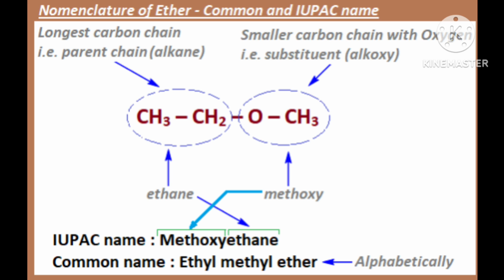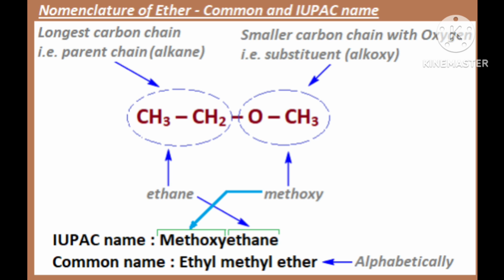The long chain has 3 carbons, CH2, CH3, and with the CH3 the methoxy group is attached. Generally the small group will be the RO group, where R is small in comparison to the long chain. The short one you can consider as the